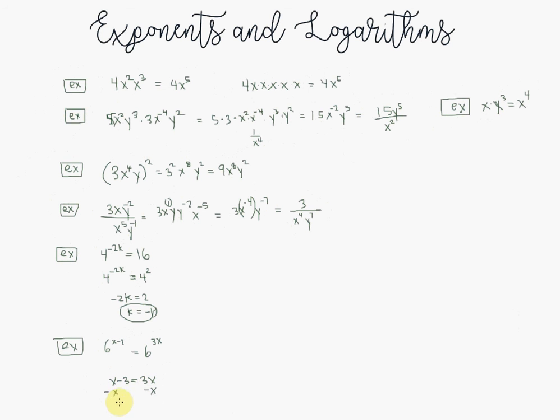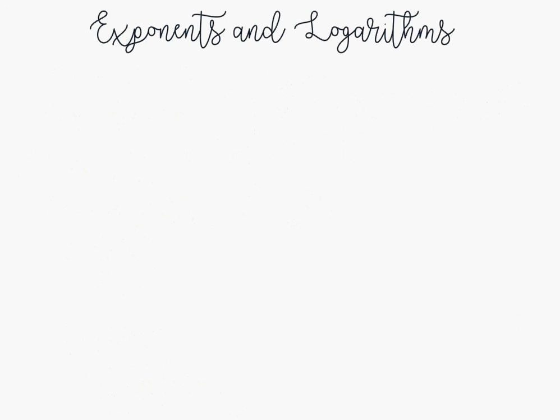Just because then here we'll have, it'll just skip one step. -3 equals 2x, and then we would solve for x by dividing by 2 on both sides. And we know that x then equals -3/2. Okay, so like I said, quick review. Okay, so now let's look at how